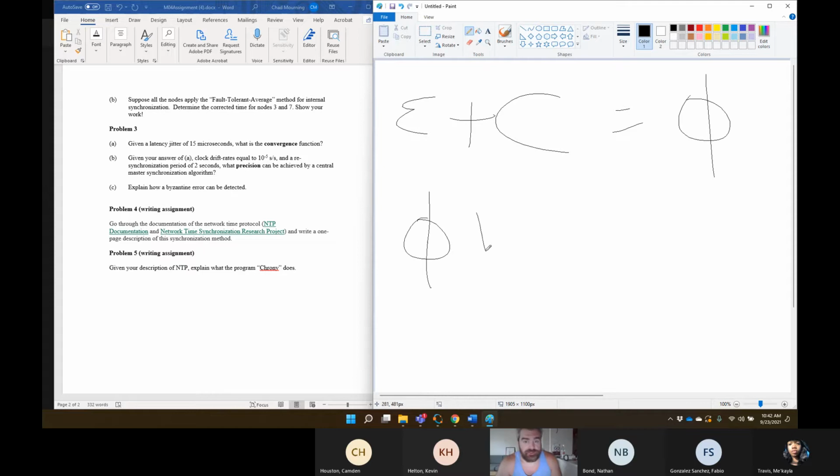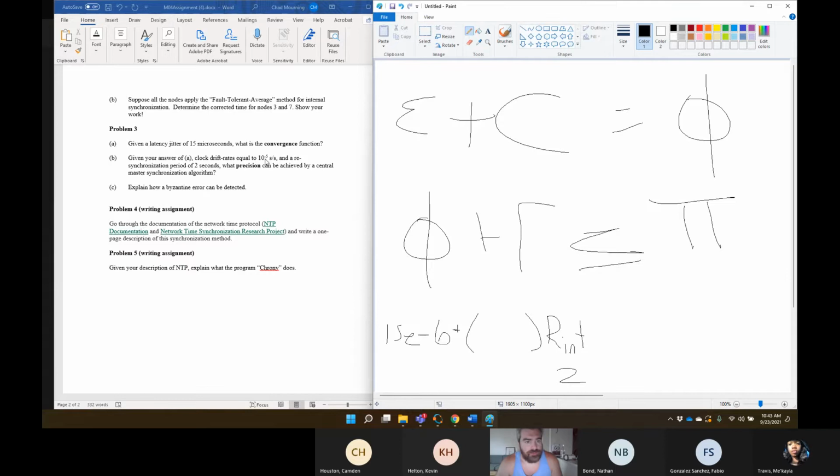Then the convergence function plus gamma is less than or equal to precision, just like before. If we know the rsync interval, we know gamma is the drift times rsync, and we know rsync is 2, and we know that the convergence function is something like 15 times 10 to the -6, plus